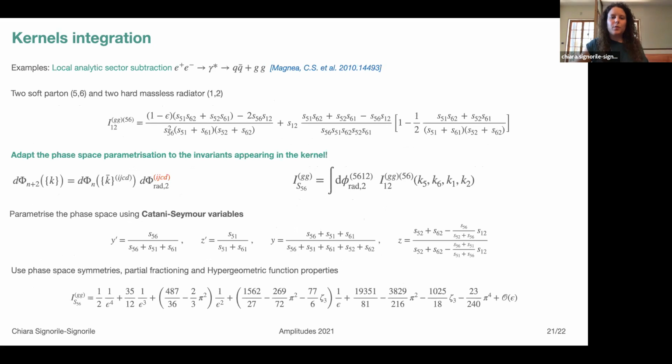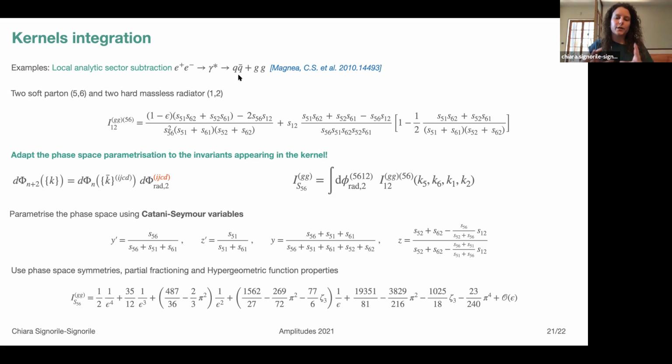I would like to spend a couple of minutes discussing another completely different approach, the one we used to deal with the local analytic subtraction. So the idea here is to simplify as much as possible the integration by adapting the phase space parameterization to the kernel. So essentially a soft kernel that depends on two hard emitters and two soft partitions is parameterized in such a